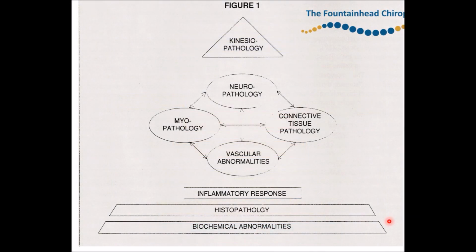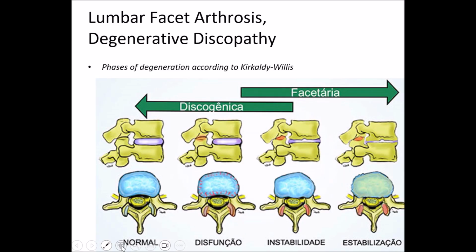When we get the knowledge of subluxation complex theories and models, we can understand the role of kinesiopathology and the relation of the stress and bringing interference in neurophysiology, muscle balance, and also the connective tissue organization. And all these changes can be related to the other models that we can find in musculoskeletal science, like the degenerative cascade proposed by Kirkaldy-Willis, a medical doctor, who proposed a pattern of dysfunction that could affect